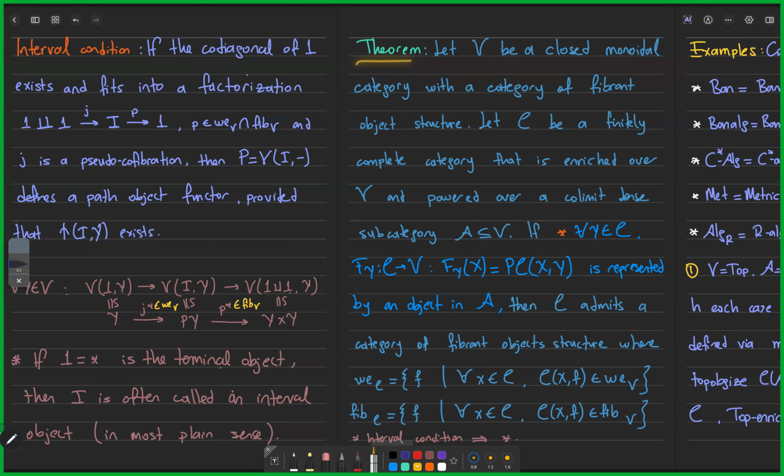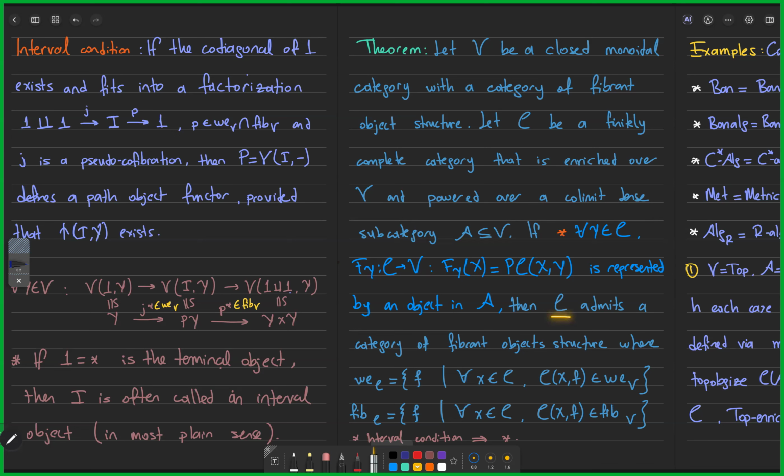So let V be a closed monoidal category with a category of fibrant object structure on it. And let C be a finite complete category, so it has all finite limits, that is enriched over V and powered over a colimit dense subcategory A of V. If for any Y in C, the condition star is satisfied, so we have this functor is representable, then C